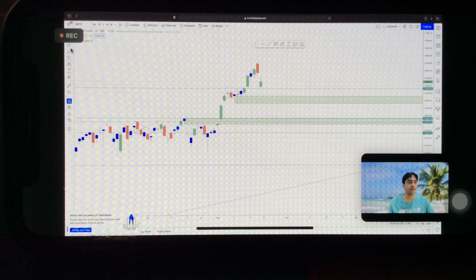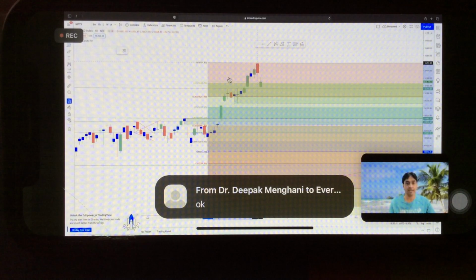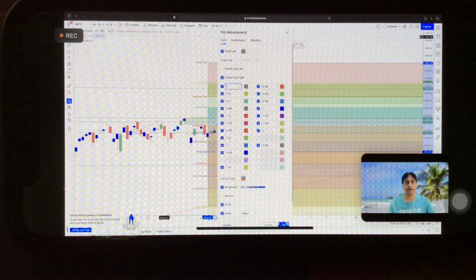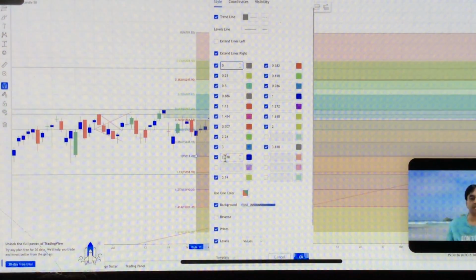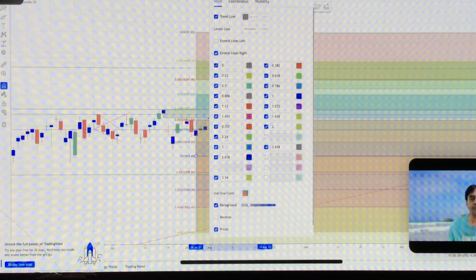Between 0 and 1, the ratios which we have seen, 0.236, 0.382, 0.5, 0.618, we will come to know which ratios are important as we proceed in today's and the next session. Okay, at present just understand the concept. When I draw this Fibonacci from here up to here, I am getting these ratios. These levels will come automatically because I have input these levels: I want 0, then I want 0.236, I want 0.5 ratio, I want 0.886, I want 0.70. So I have inputted whichever I want, and all those will be displayed.